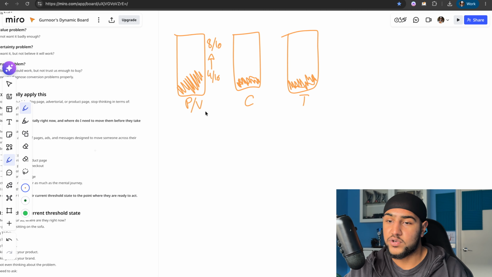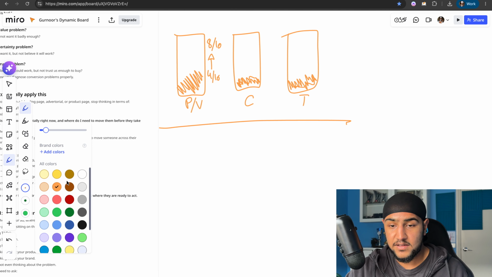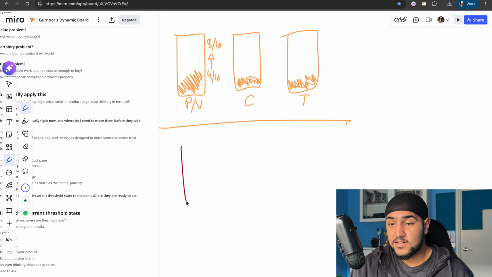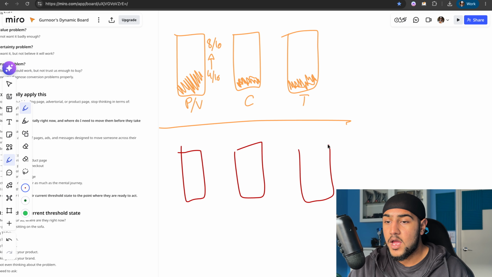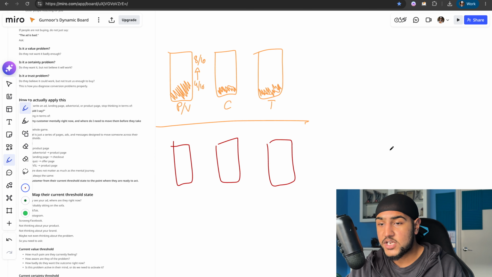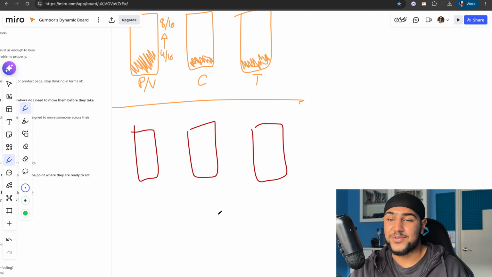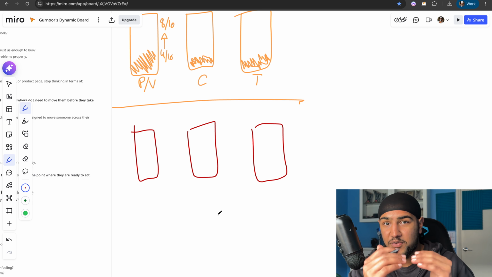It's going to be very low trust. So this is the current, right? And then let me just change the color right now. This is where you want them to be. This is super important to map out. If you actually map out where you want them to be as well, this actually turns writing ads literally into a science, because then all you have to do is sort of crank up the thresholds, and that is all it really takes for them to buy.